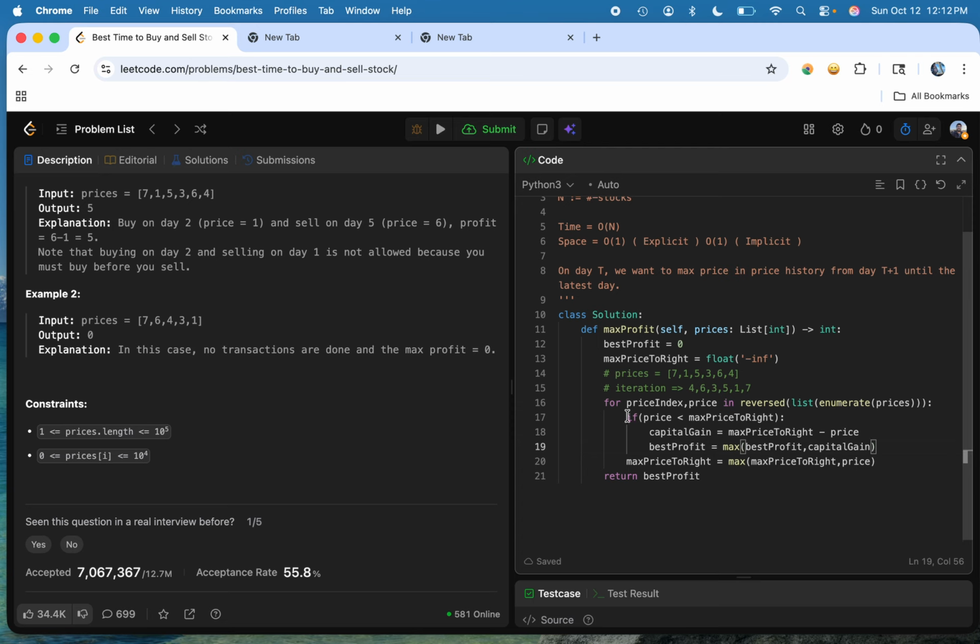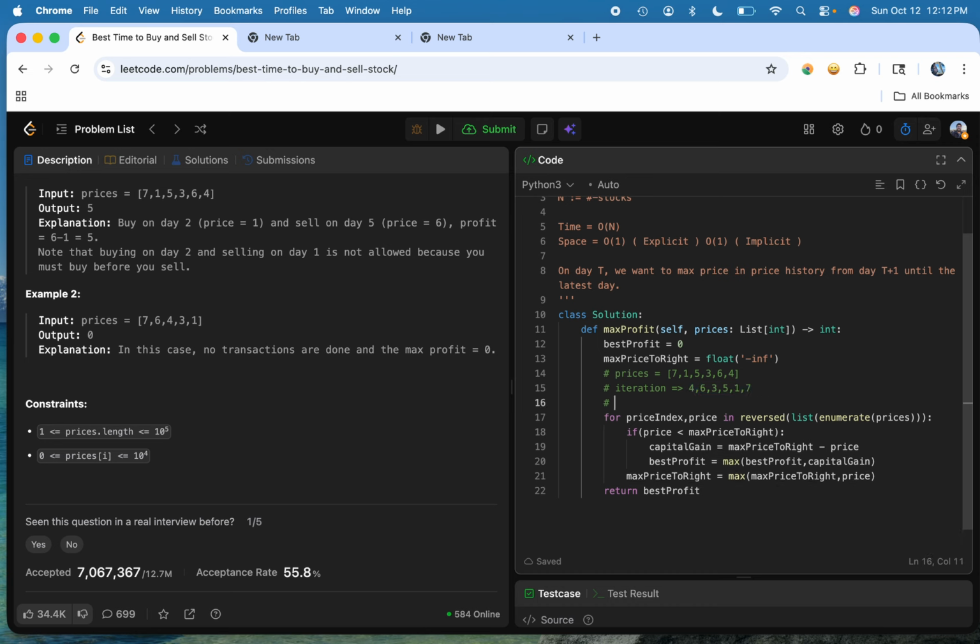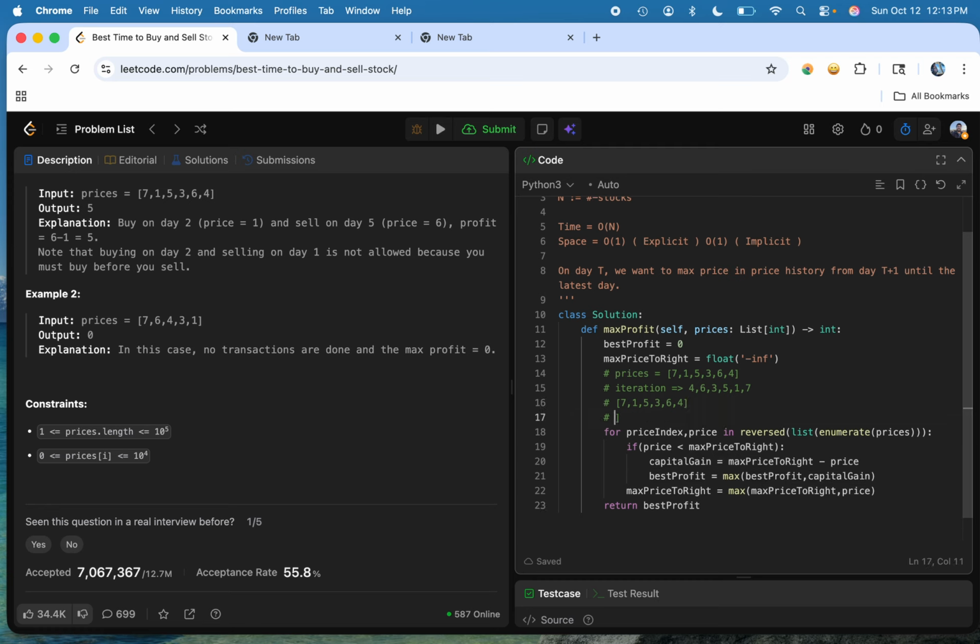After we do this computation of the current capital gain, if there is a gain, we then go to line 20, where we update the max price to the right equal to the max of the current price and the max price to the right. So we'll always update the history accordingly. A good example of what this would look like is the following. So I take the same input as provided earlier, 7, 1, 5, 3, 6, 4. And if I ask what were the max prices, I would see the following structure: negative infinity,